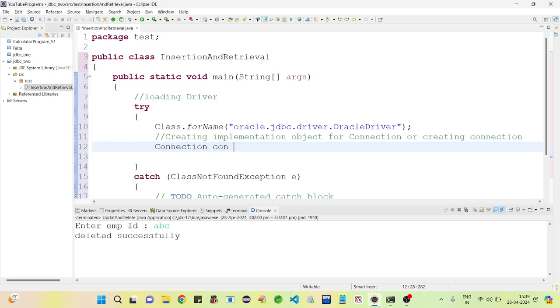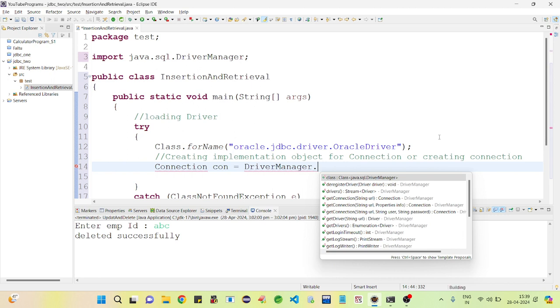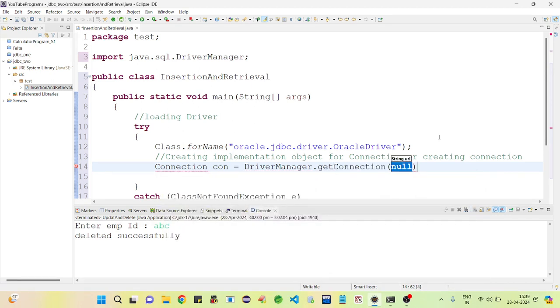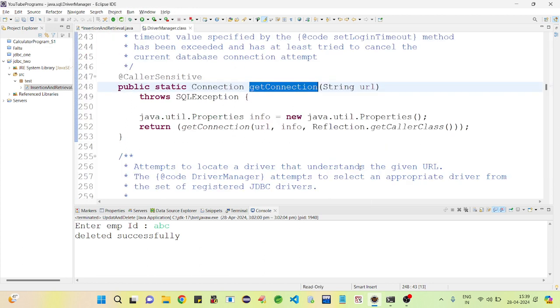Connection con equal to DriverManager dot getConnection. We are creating implementation object for connection using DriverManager class getConnection method. getConnection is a static method which is going to return connection.